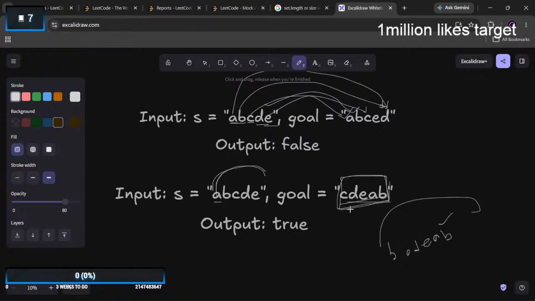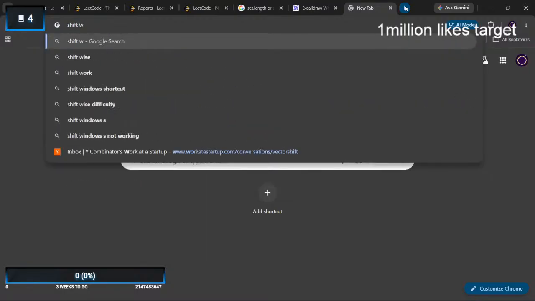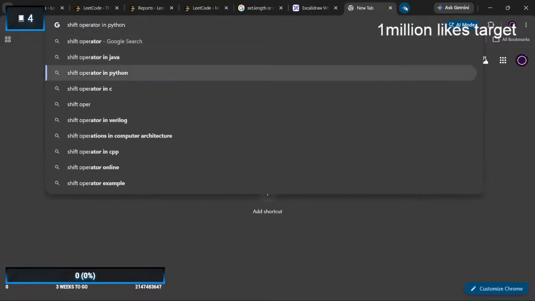How do we do this? Maybe slice and append. We have something called shift, right, to remove the element, and then push to add the element at the end. Shift operator in JavaScript.